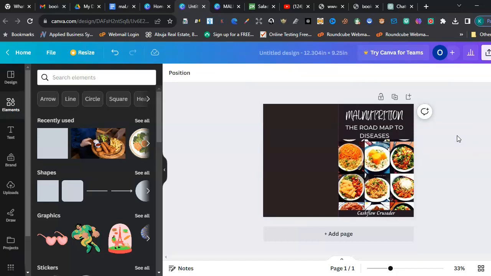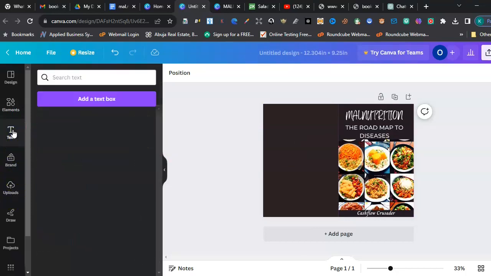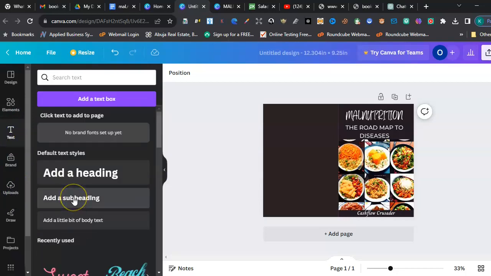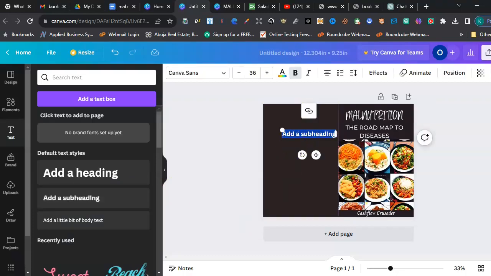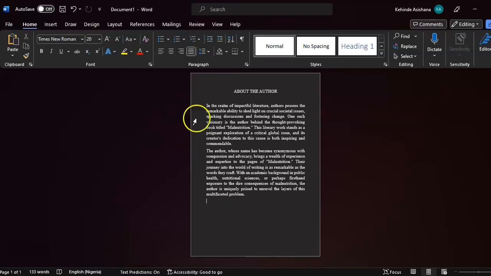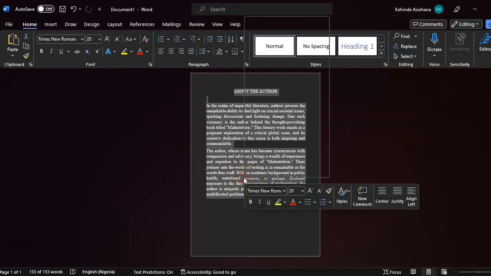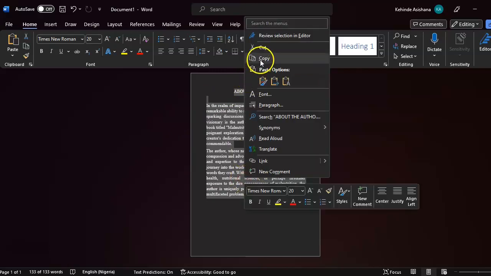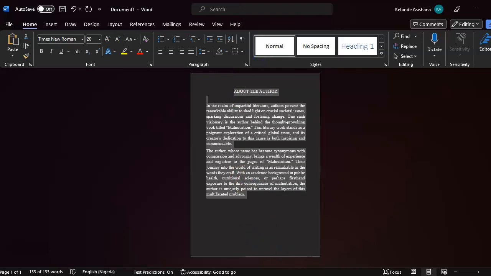Now, let's say you want to add about the book at the back. Maybe you've written something about the book. You can just come back to your text here and click on sub-heading here. Sub-heading. So you want to copy whatever you've written about the book or about the author. It just helps your books look more professional. That's all. So I'm going to copy this and